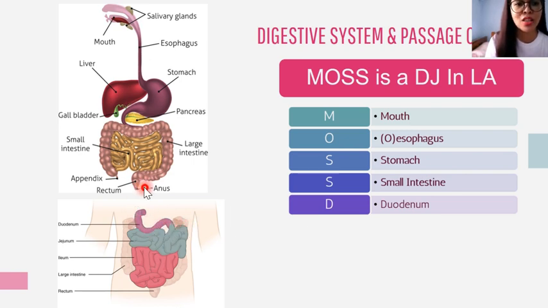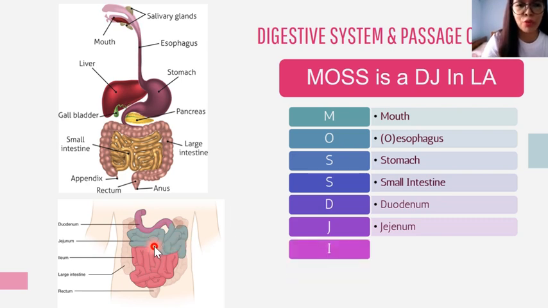So the stomach actually empties here. And then we have the jejunum. Okay, jejunum. Okay, so it is the middle portion of your small intestine, and then followed by, of course, your ileum,